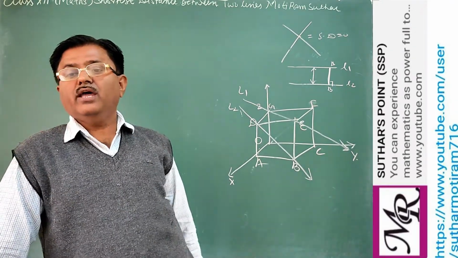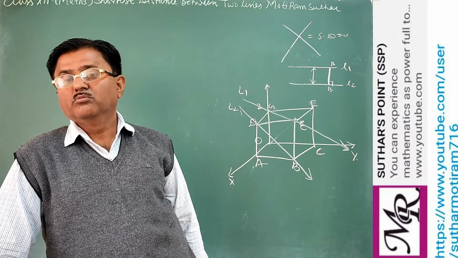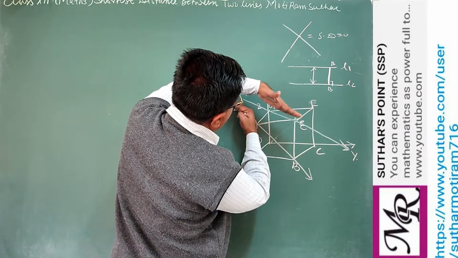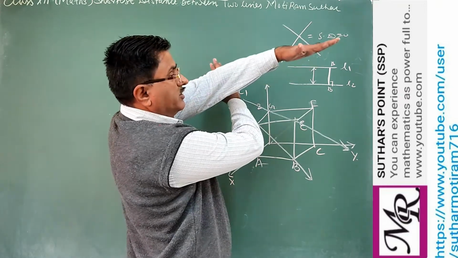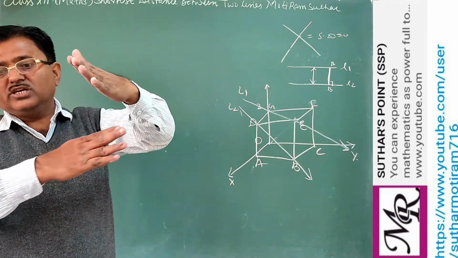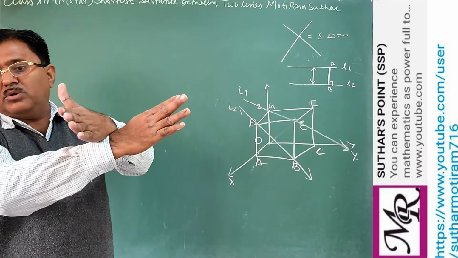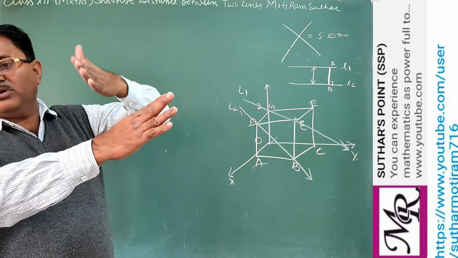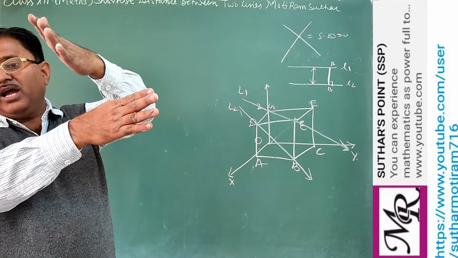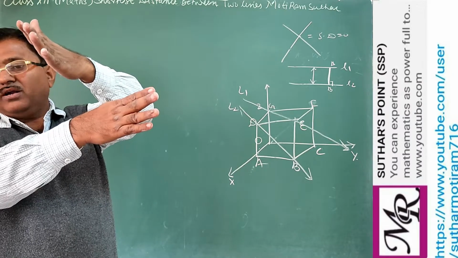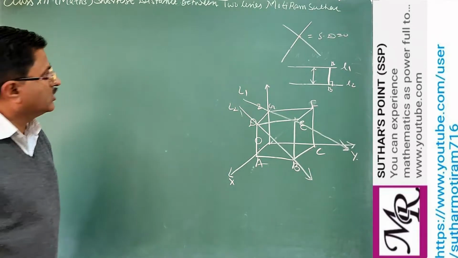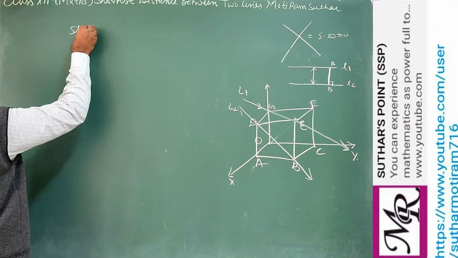So what we see? They are never intersecting each other because they have some fixed distance, in this way and one line moves in this way. Clear? And the other will move in this way. There is some distance. At the nearest point, the lines are crossing in this way, like this. They are not in this way because they are 3D. One will be moving in this way above and the other below. So there is a position where they are nearest to each other, but they never meet. So such types of lines are called skew lines.